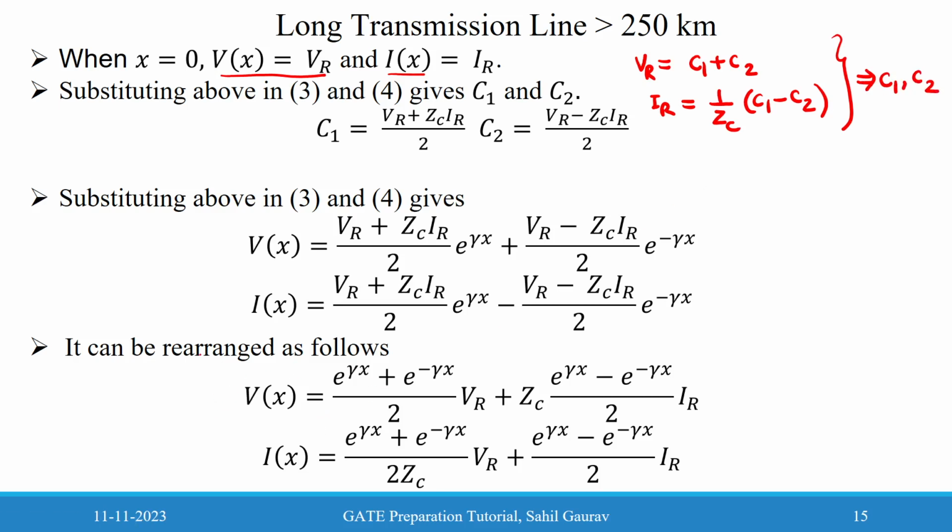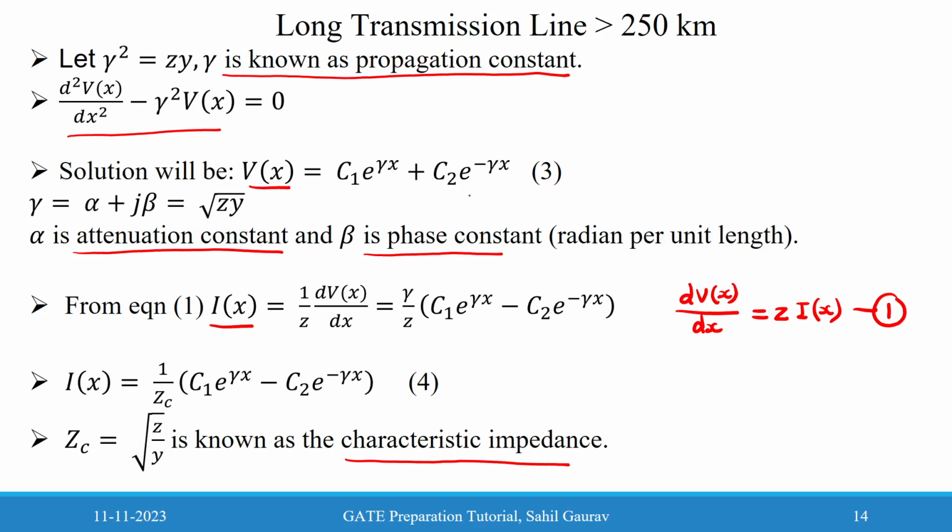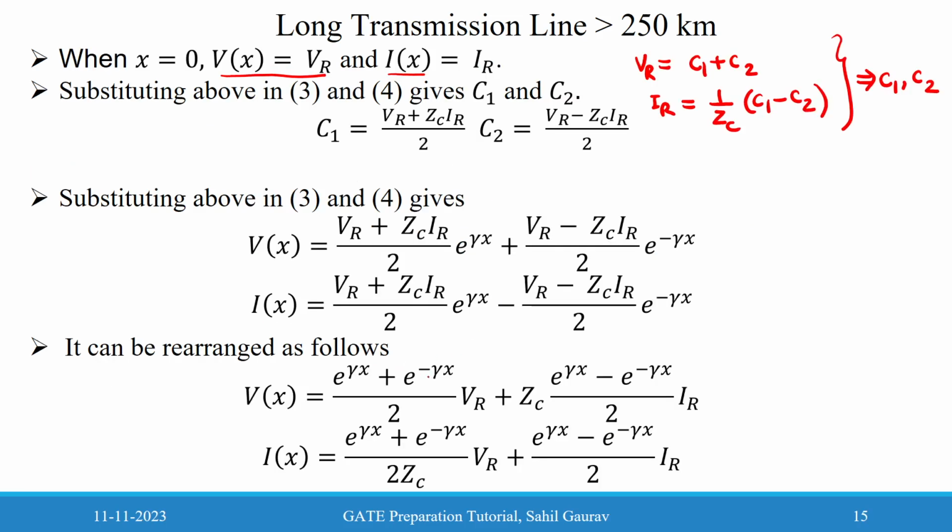So now we got this. Now this C1 and C2 we got. So again we put this C1 and C2 in the third and fourth expressions here. So we will get this expression for Vx, and that is important. Upon rearranging these terms in Vr and Ir for writing in ABCD parameters, we will get like this, and we know that this term e^(gamma x) plus e^(minus gamma x) divided by 2 is